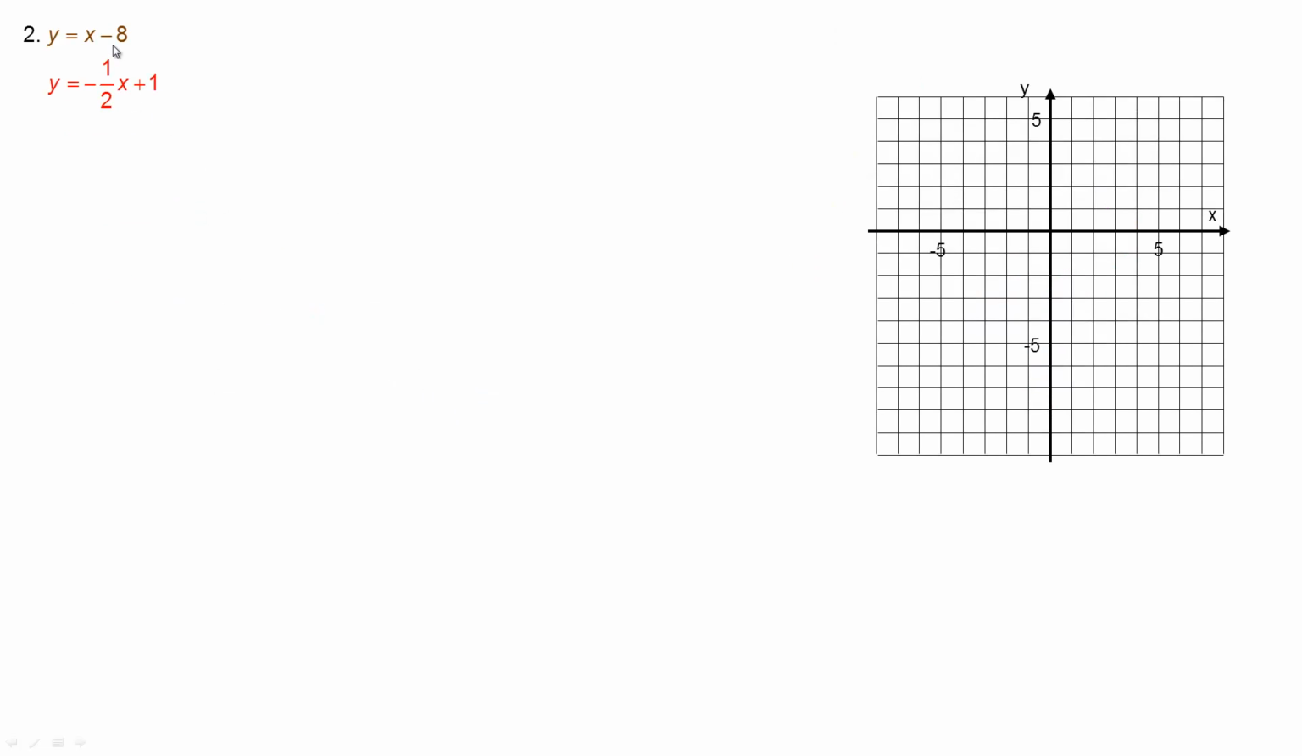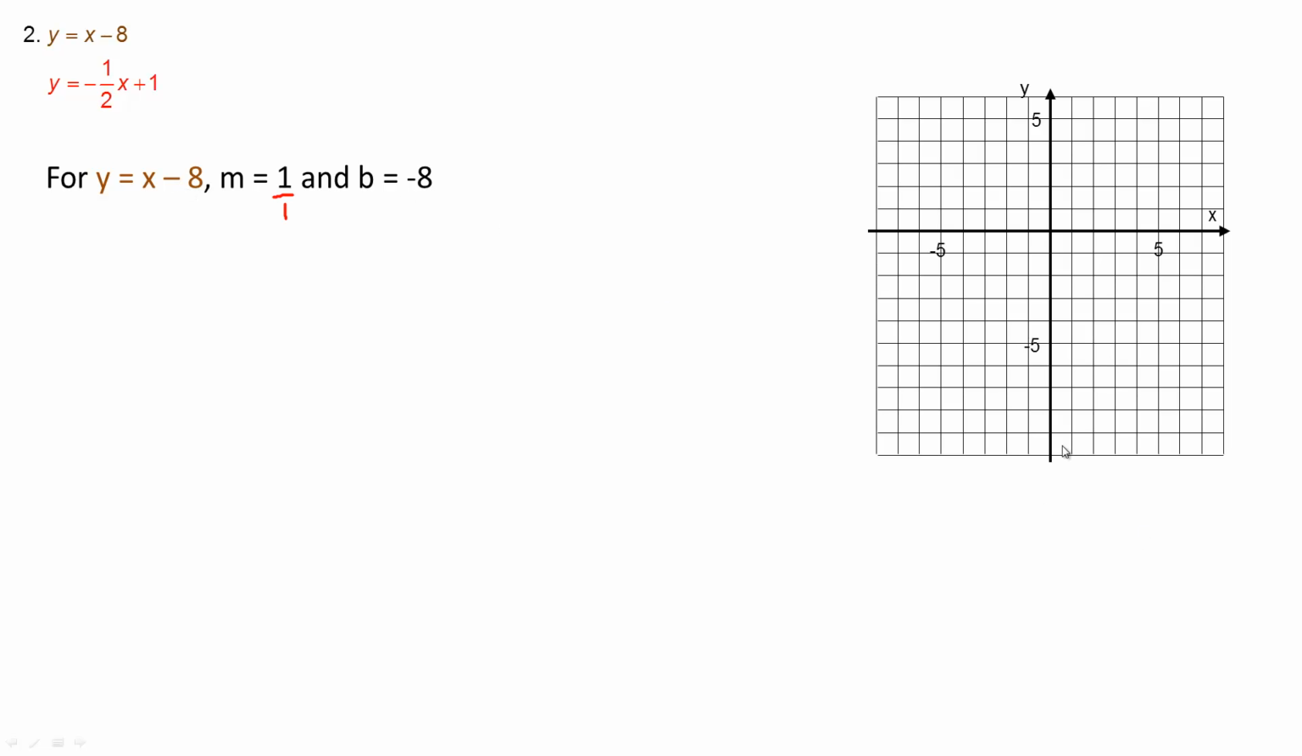Number 2, y equals x minus 8, and the second one is y equals negative a half x plus 1. So let's start with the y equals x minus 8 equation, and these are both in y equals mx plus b form, so we'll use the slope and the y-intercept. Coefficient of 1 here, so slope would be 1 or 1 over 1,